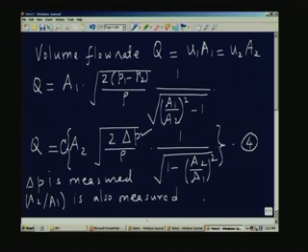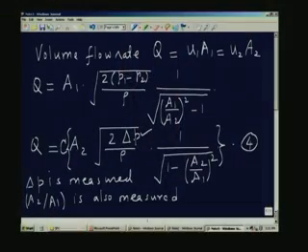So, that is the basic assumption which is made in the use of the variable area device for the measurement of volumetric flow rate. So, I will say C is the coefficient of discharge, A2 is the area of cross section of the smaller cross section, delta P is the pressure difference between station 1 and station 2, rho is the density of the fluid which is flowing through the duct, 1 over square root of 1 minus A2 by A1 whole squared. This parameter is usually referred to as the parameter m, or it is also called the velocity of approach factor.